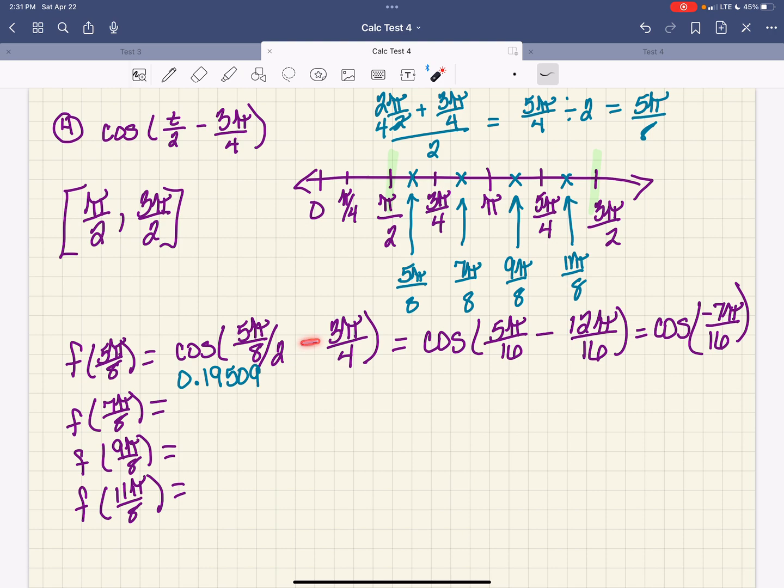I subtract 3 pi over 4, which is going to be 12 pi over 16. Okay, and then I end up with cosine of negative 7 pi over 16. Okay, and this is the cosine of that. Now, you're going to do the same thing with the rest of these midpoints. And so f of 7 pi over 8 is going to be